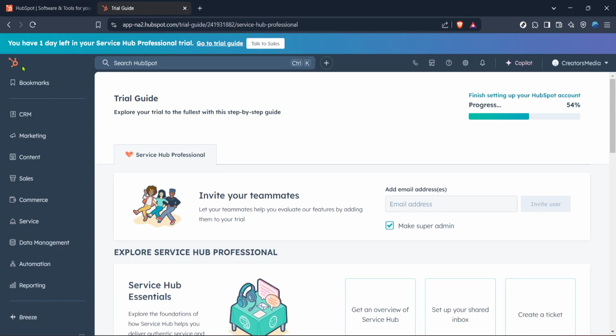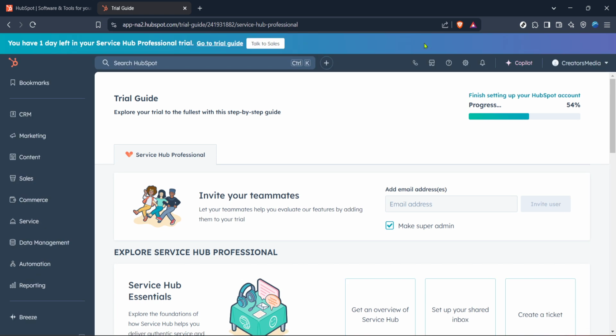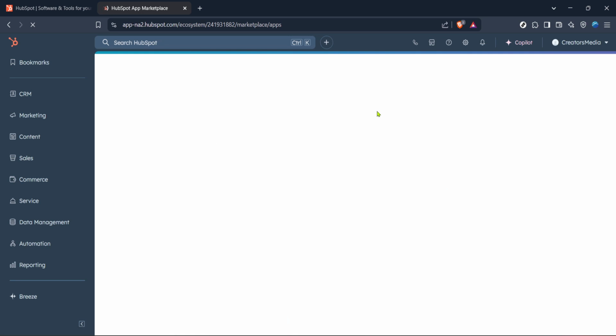Once logged in, you'll find yourself on the HubSpot home dashboard. From here, locate the marketplace icon. This usually appears as a small store icon somewhere on the main navigation menu, depending on the layout of your dashboard. Clicking this icon will open HubSpot's extensive marketplace, where you can find and integrate a variety of apps to